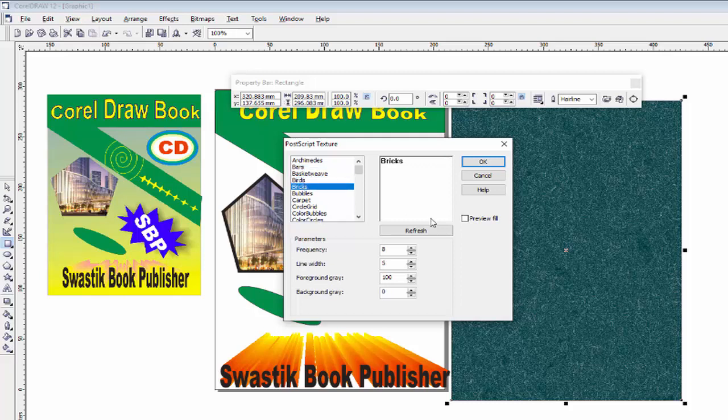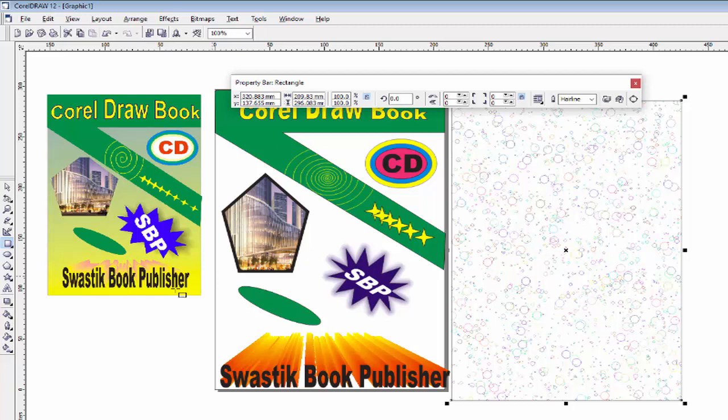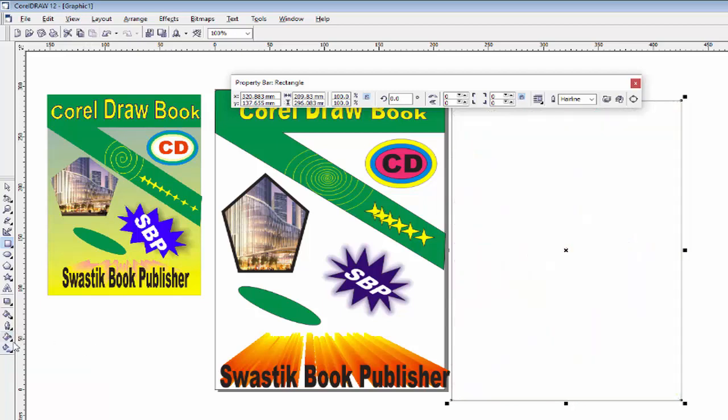To see the preview, click here, preview options, and now you see the preview and fill that PostScript option. And if you want to not fill any color, use this option, no fill. So I think you understand all these fill options.